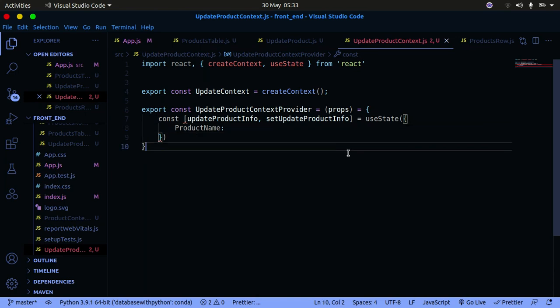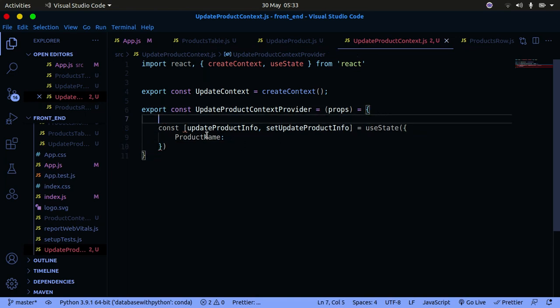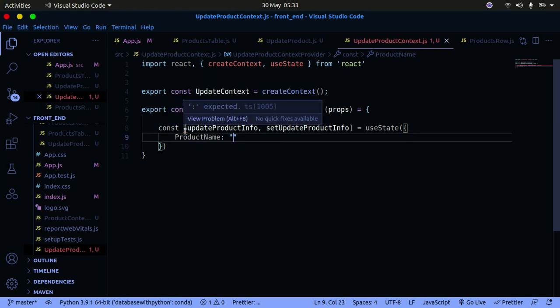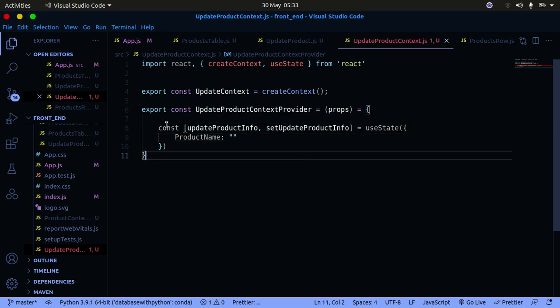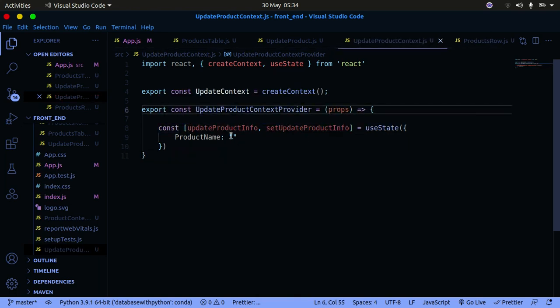So I have an error here. Let me see what the error is. So const update products, see, this is just going to have an empty string for now. I think I have an error here, so it's called const update product info. So let me see where the error is. Expected... so let me see, const update product provider is just okay. So I forgot the arrow, define the arrow function properly. So the product name is just going to be an empty string for now,